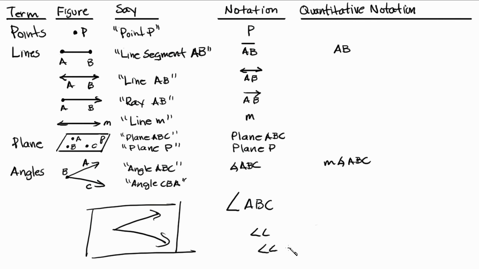Or angle L is less than angle M. Okay, that's ridiculous. I couldn't even understand that. But if I wrote angle L is less than angle M, you see, now that looks like it's making more sense. Or angle L is less than or equal to angle M. You see? So I think that was actually a good example to show why you probably should use this little angle sign right there. It shows that that's an angle. Now, you have to be careful, though, because